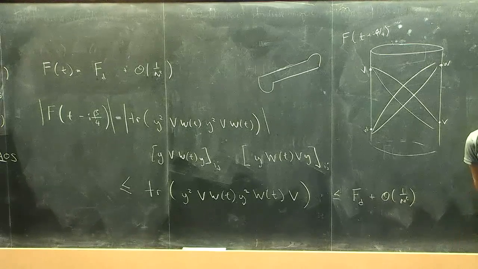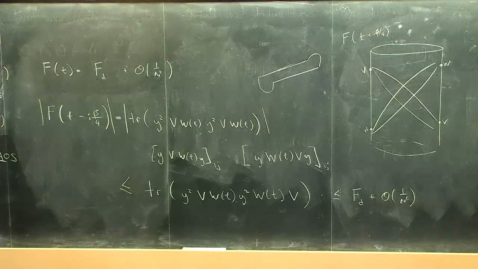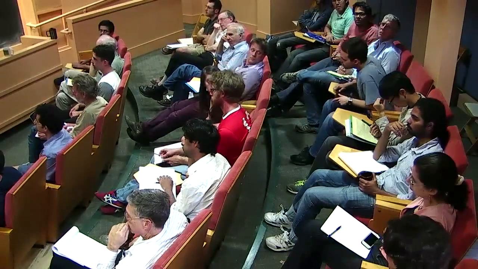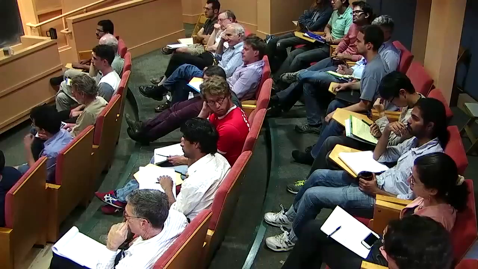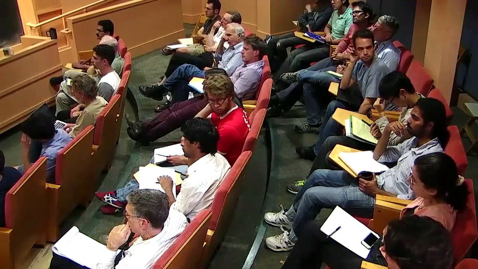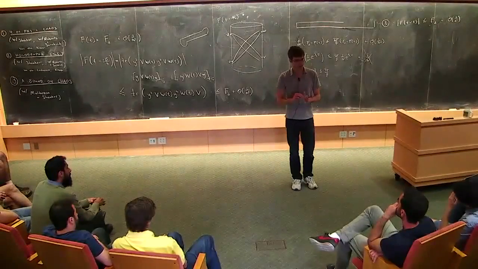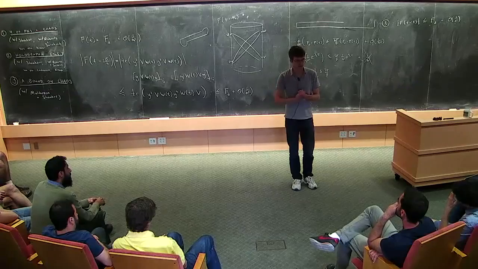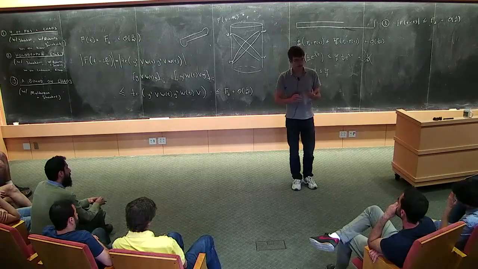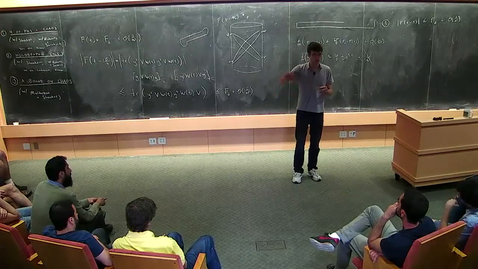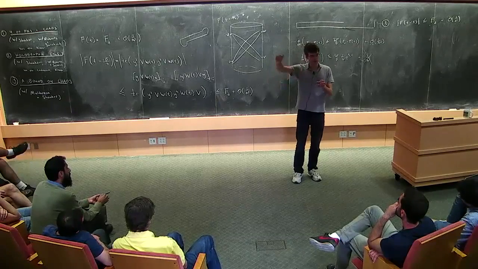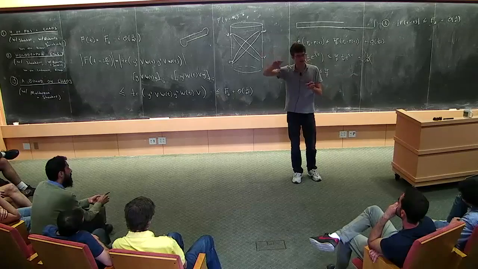Sasha had his hand up. Sorry, what if you take time to be large, but you also separate them in space such that they're light-like separated? Wouldn't you expect that the correlator is still large? Right. So in the case of 2 dimensions, that's true. In this case, we imagine that we smear the operators a little bit in time, so the null singularity is not really a singularity, it's smeared out a little bit. And there, in 2 dimensions, the strength of this effect at the light cone doesn't decrease with distance along the light cone. But in higher dimensions, it does.